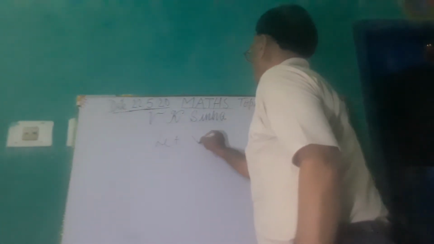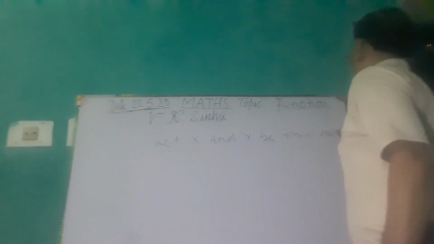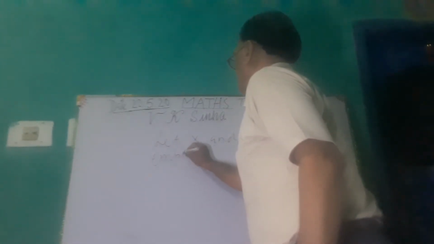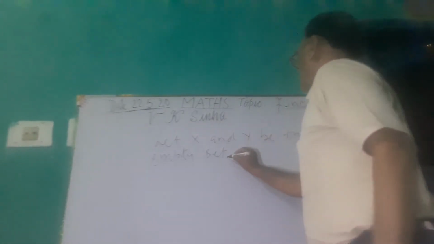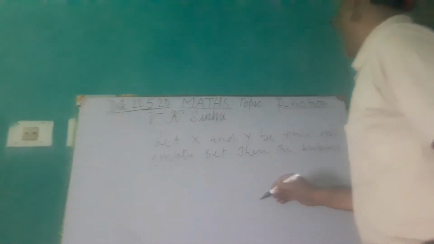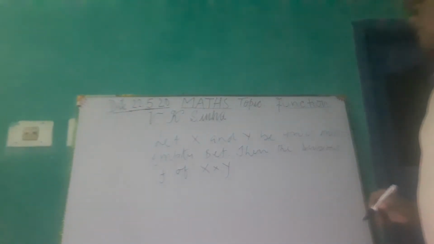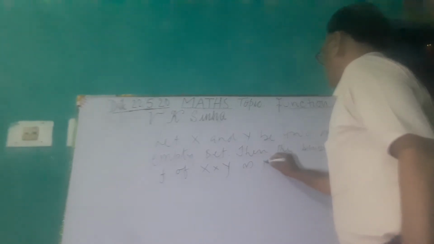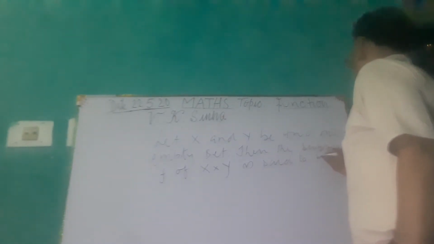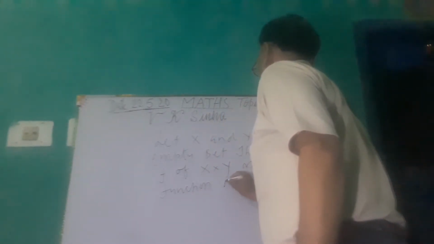Let X and Y be two non-empty sets, then the subset f of X cross Y, that means Cartesian product of sets X and Y, is said to be a function if and only if